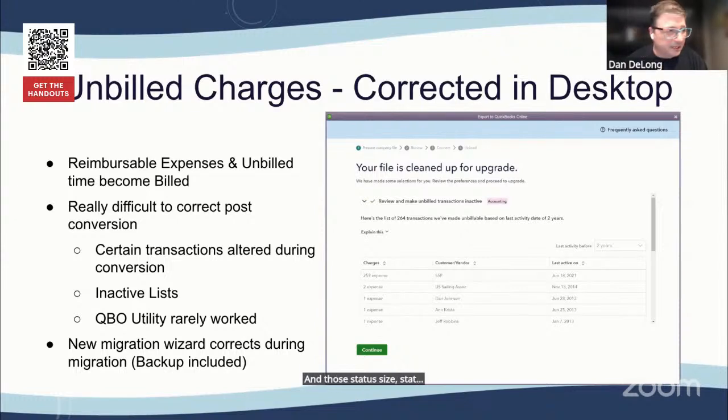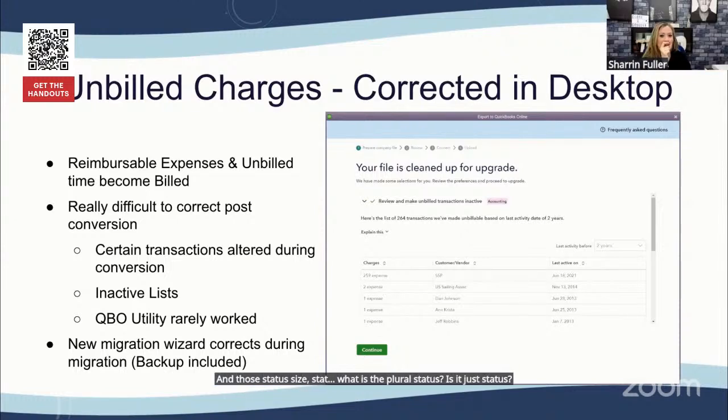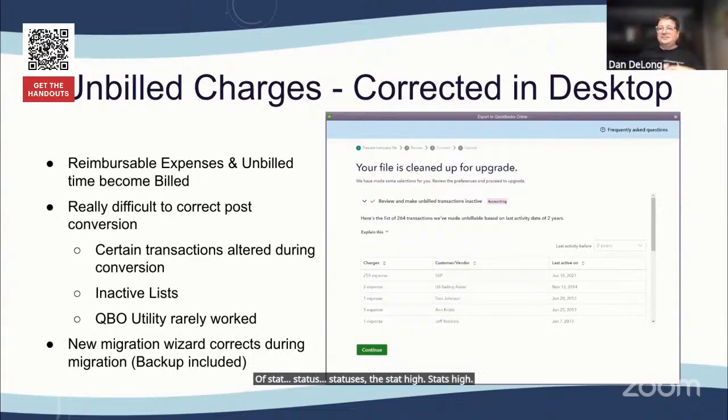What is the plural of status? Is it just status? Statuses. That status remains, right? So if it's inactive in QuickBooks Desktop,